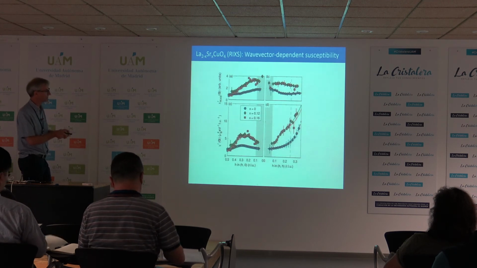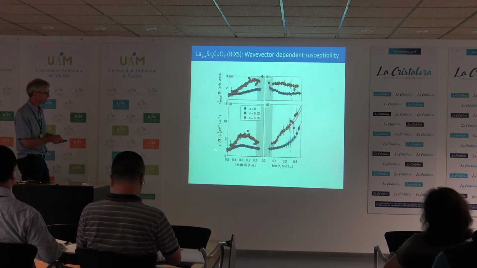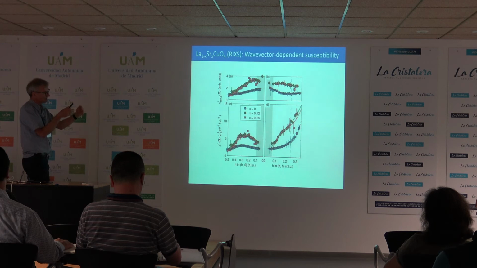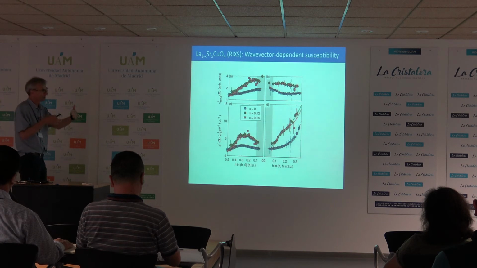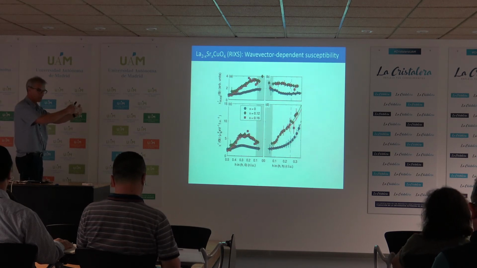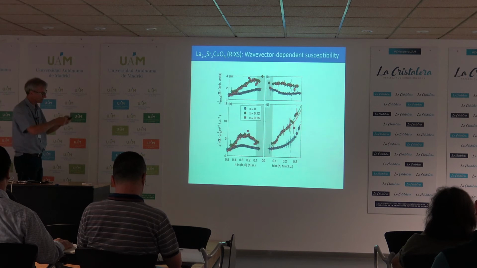The other thing we've actually done is to compute the wave vector dependent susceptibility from the RIXS. And we've done this by taking our neutron data and matching it up to the RIXS of the parent compound. So we match up the matrix elements from the X-ray cross-section. We determine those by comparing our X-rays with the neutrons, which don't have any complications. And then we use the same factors to look at the doped compounds. So we can extract the wave vector dependent susceptibility